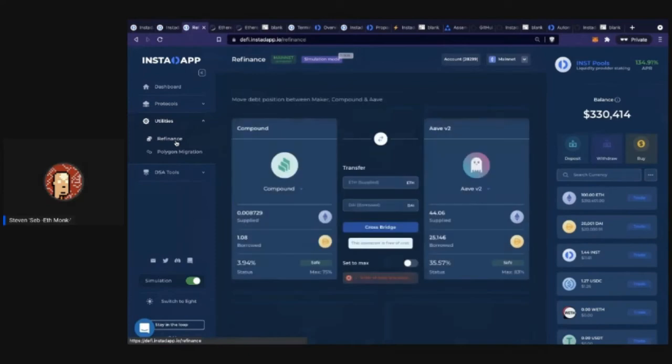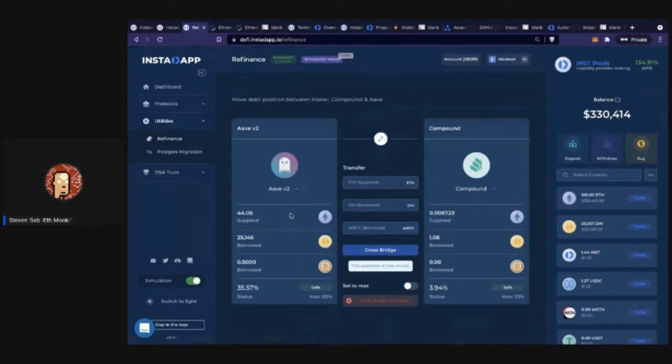So we're just going to do a sample refinancing right now. We created this position on Aave, but let's say for whatever reason there's a better rate, or we like the collateral factor, or we just want to be on Compound because we want to earn some COMP. So you can go ahead and do a refinance on this page. You would just select which protocol you want to refinance from. In this case, we want to do Aave. And as you can see, this is our position right here. And then all you would do is click max.